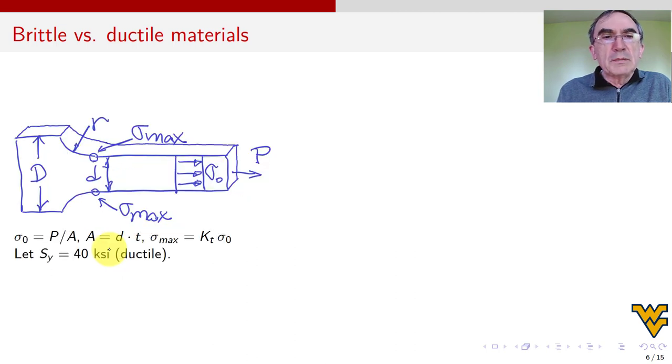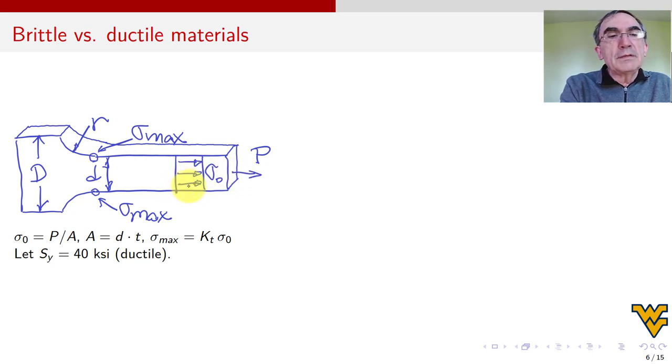So in order to explain this, we're going to use this example. This is a bar under traction with a fillet. The fillet has radius r. It starts at large D, reduced to smaller d. And we know that if we go far from the stress raiser, this is the stress raiser here, the fillet, if we go far from it, then we can calculate the stress accurately with mechanics of material, P over A. Sigma 0 is P over A, where A is the net area. That is this area here. And this stress is uniform if we are far from the stress raiser and also far from the point of application of the load.